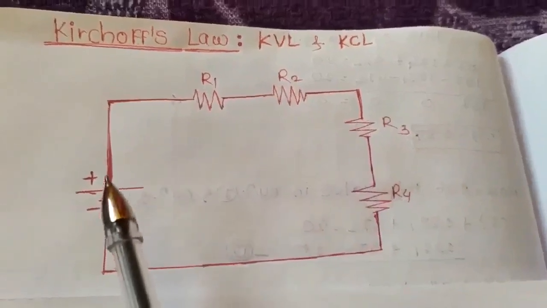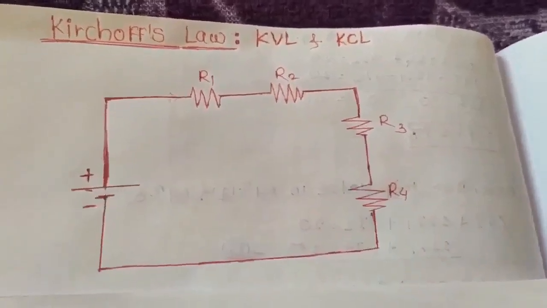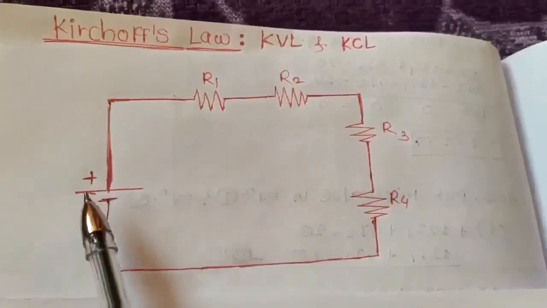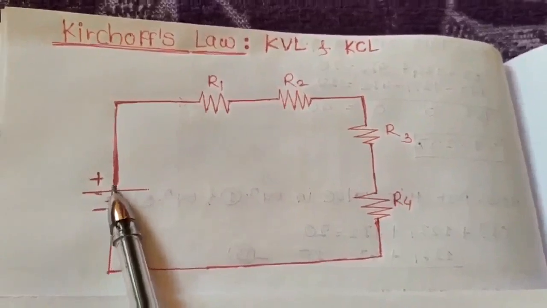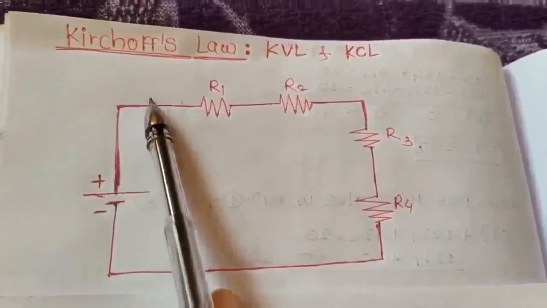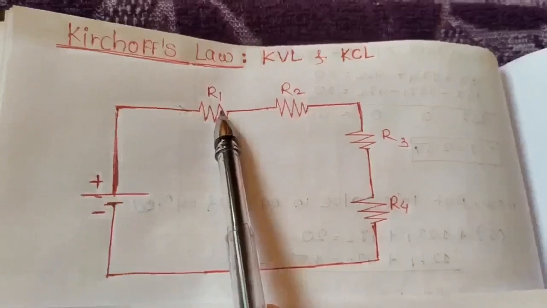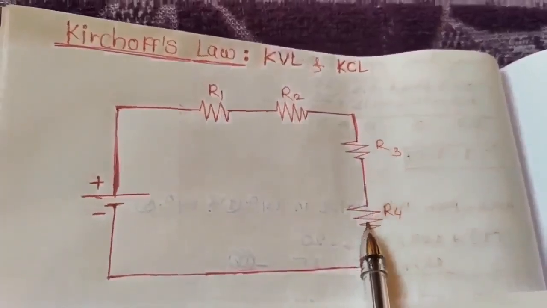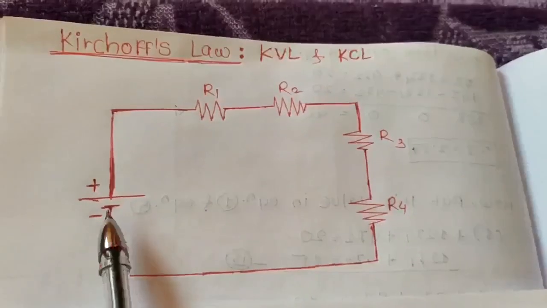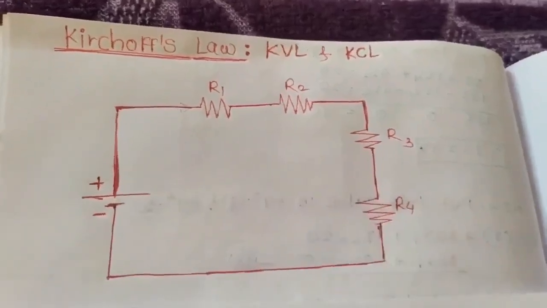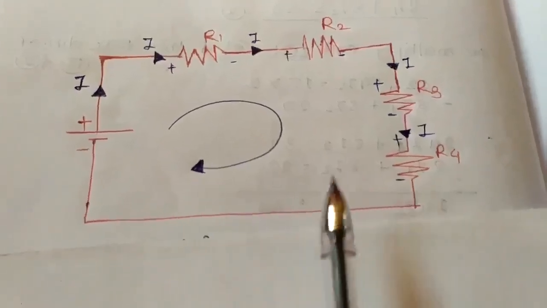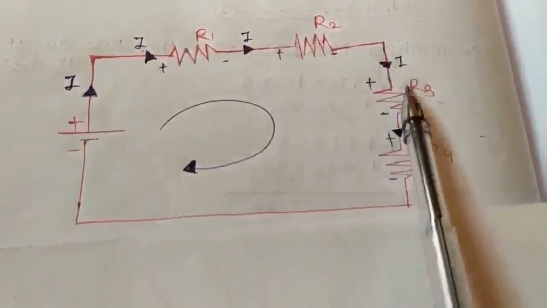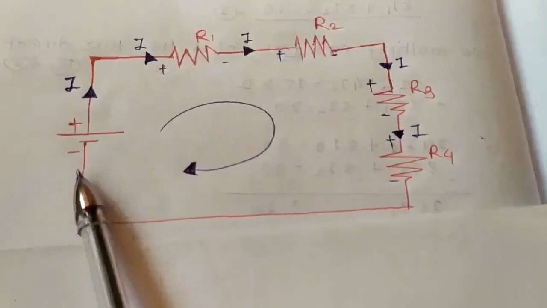because there is no division of the current which will come through this source. We know that current is flowing from higher potential to lower potential. Then from this higher potential to lower potential, the same current is flowing through this resistance, this resistance and this resistance also, and again meets the source to complete the circuit.